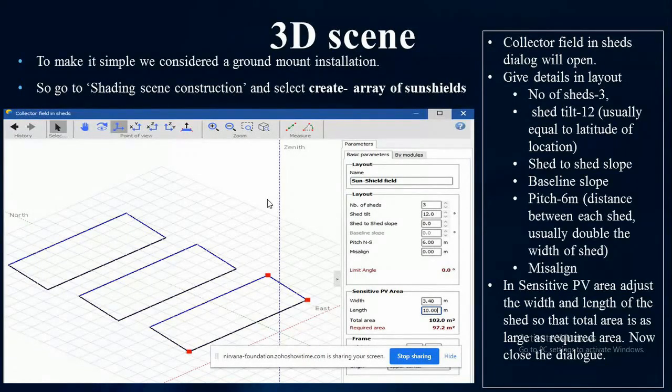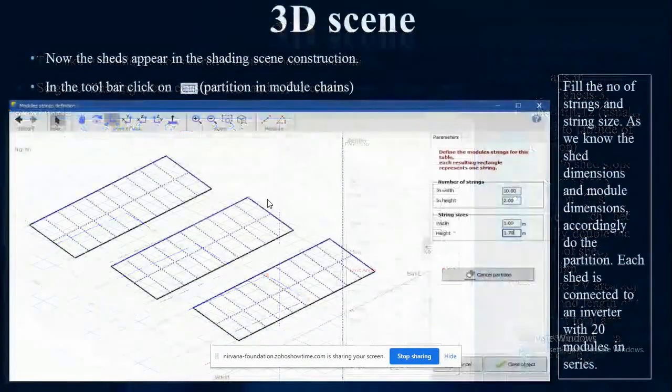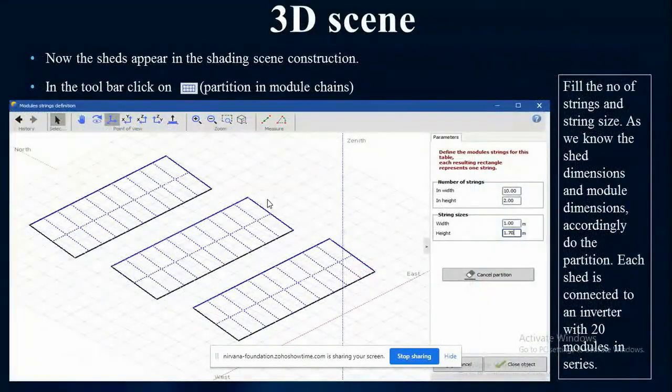If there is any misalignment between each shed, we can enter it, and then we can adjust the sensitive PV area. We have to give the width and length of each shed, so that the total area matches the required area, and then we have to partition these sheds.